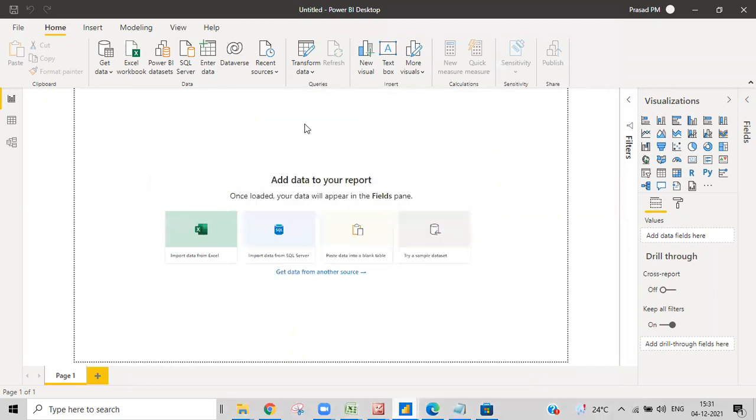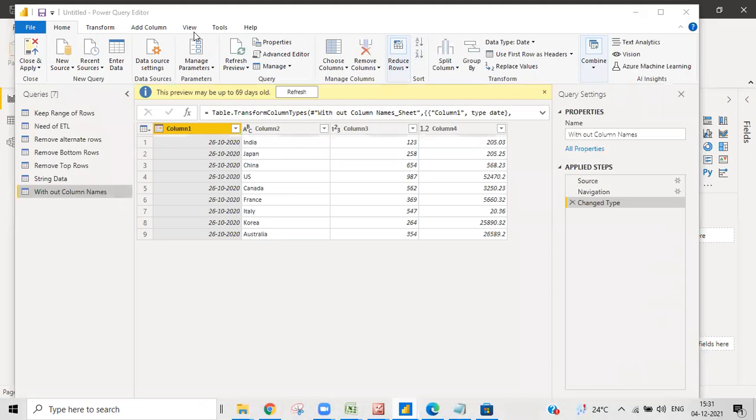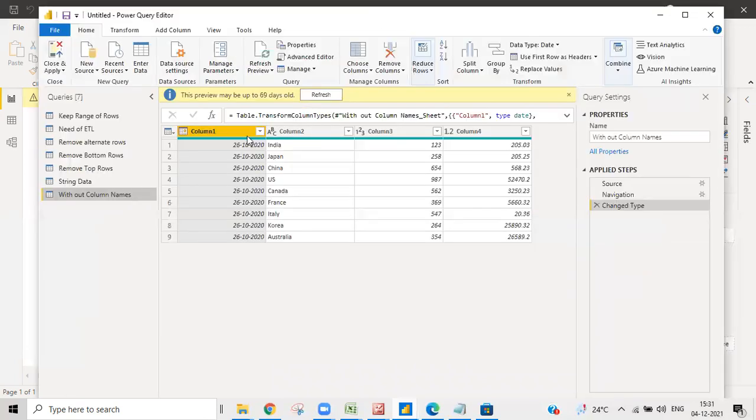As you might already know, if you completely load it over here, you can come over here and go to Transform Data. If you got the data into Power BI Desktop, then you can directly go to Transform Data, and then you can come into Power Query. This is what you have already known, but still, as we want to finish the Power Query fast track, we'll go into this. Very quick.